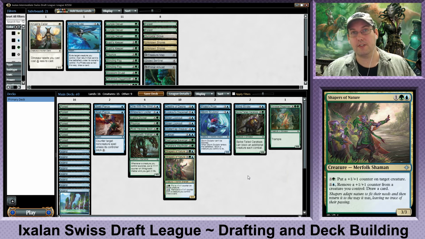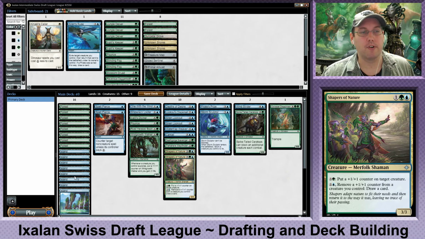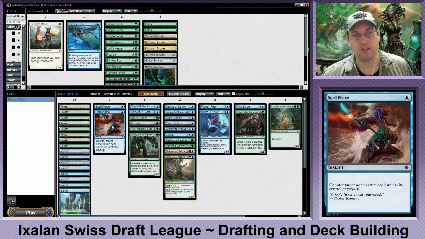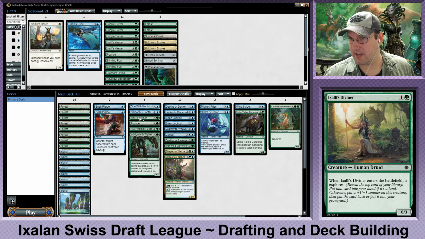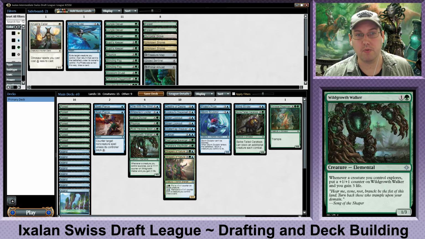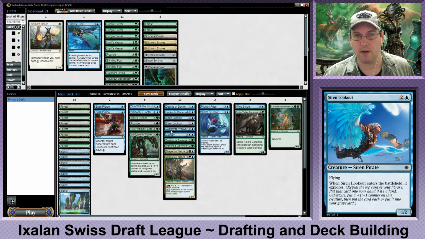Alrighty, so this is the deck that I've built. Once again, I'm not a super strong drafter, so bear with me here. We have 8 Forest, 8 Island, and then we'll start off with the 1-drops. We have 2 copies of Spell Pierce. Then we have Shipwreck Looter, Ixalan Diviner, Pounce, River Herald's Boon, Wild Growth Walker, Depths of Desire, Lookout's Dispersal, Siren Lookout, 2 copies of that,